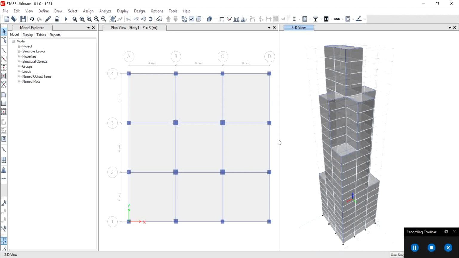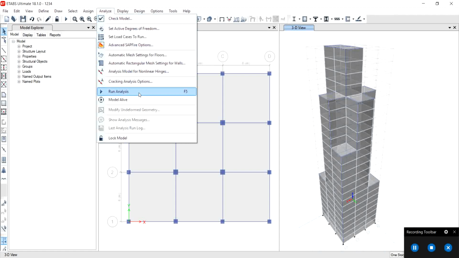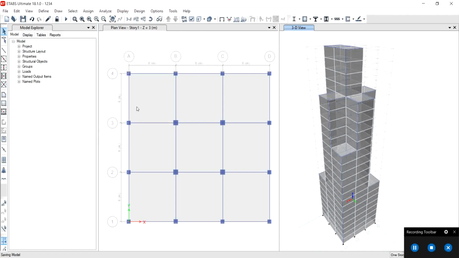Now we have selected in x and y direction, means the seismic load will act in x and y direction, according to which the software will analyze and design. So click on analyze, run analysis.